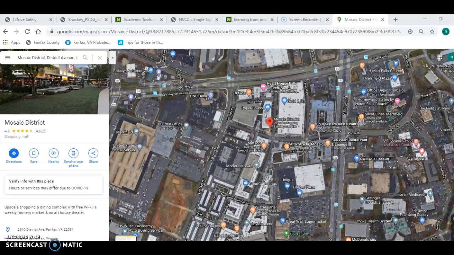Your final project involves some urban planning study, and before we do the actual urban design, we're going to analyze Mosaics, very close to us off of Lee Highway and Gallows Road. In order to study it, we're going to go to Mosaics District through Google Maps, cut and insert the image